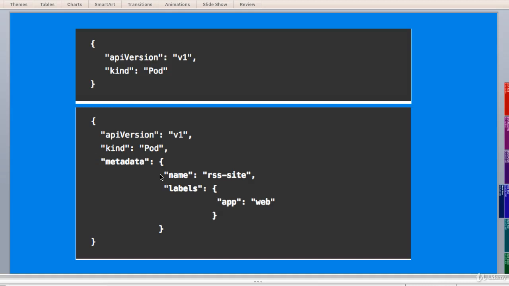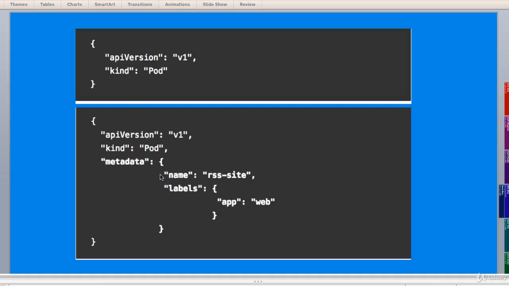Because we have indented the lines, in this example I have used two spaces for readability, but the number of spaces doesn't matter as long as it is at least one, and as long as you are consistent. For example, name and labels are at the same indentation level, so the processor knows they are both part of the same map.